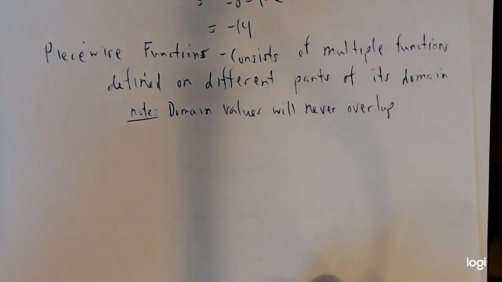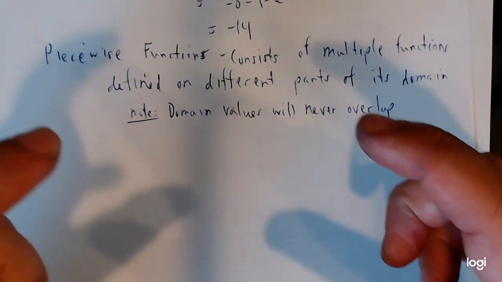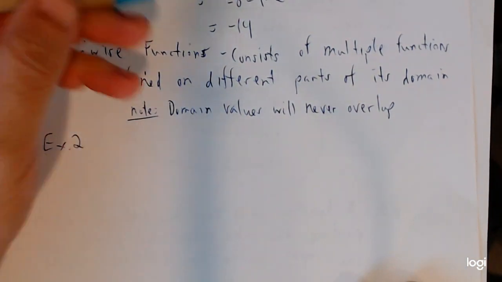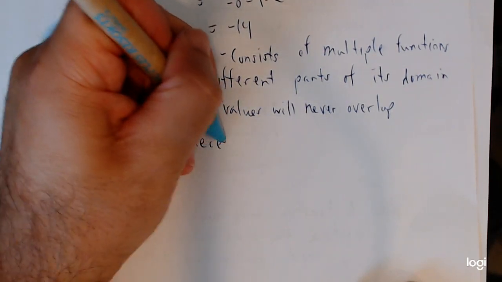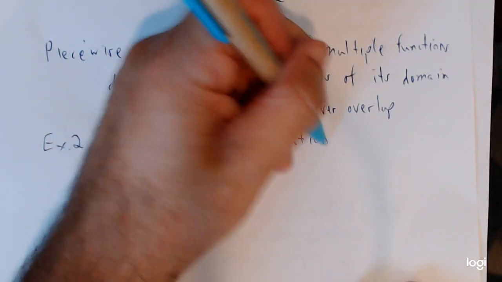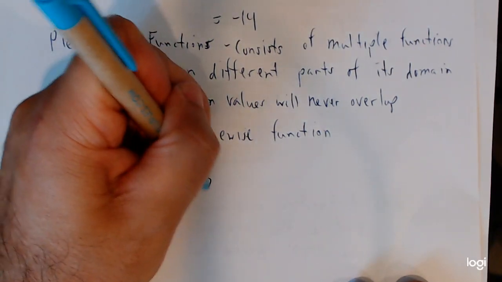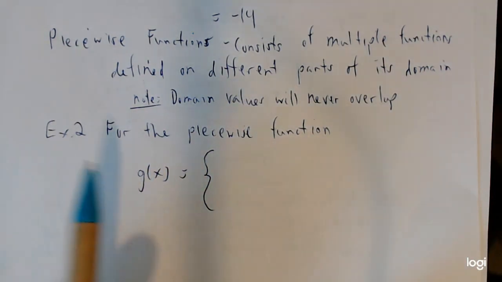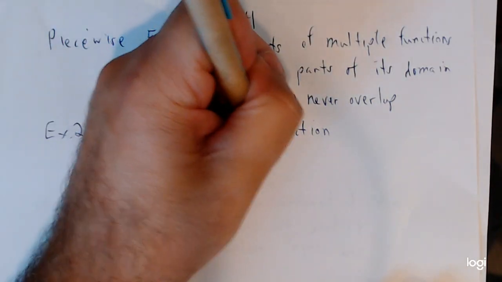So one comment I want to make is you're just going to see a bunch of functions grouped together and they represent one big main function. So we would say, for example, 2, for the piecewise function which is defined as g of x equals, and then we put a brace. Now look, why is this a piecewise? Because I'm going to write multiple functions here. So g is a function of its own, and the way it's defined is the following: x squared if x